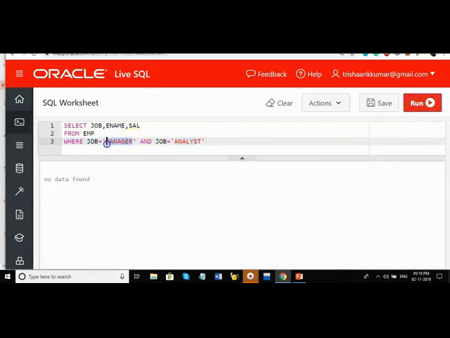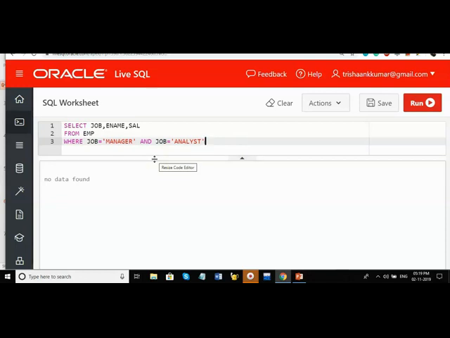Both the conditions will not be satisfied in this case. But he can be a manager, but salary can be so and so. That becomes true. But here it is not possible. So no data gets displayed. And whenever you use AND condition on the same column, then no data gets displayed. The next dimension would be the combination of both AND and OR also.